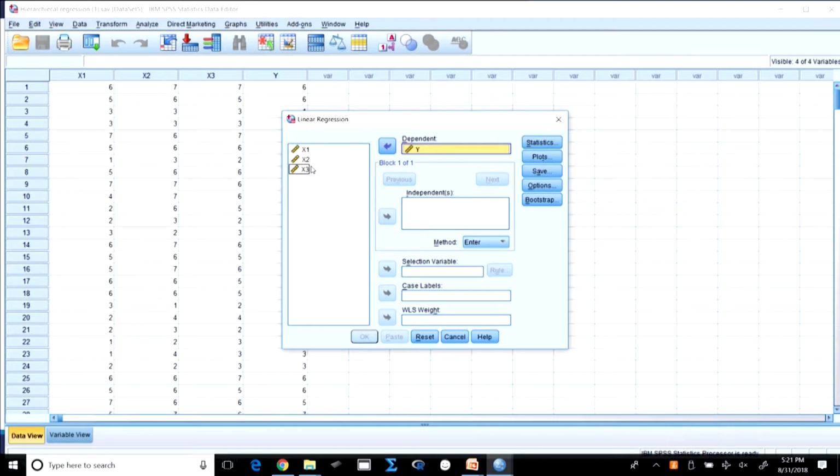Now, if you remember, in the stepwise method what we were doing, we were taking all 3 variables x1, x2, x3 and then choosing an approach, whether we want to take Enter, that means all at one time, or Stepwise, that means the computer decides which is the best predictor and then the next predictor, or we use the Backward or Forward methods. But here we are not doing that. What we are doing is we will use a block method.